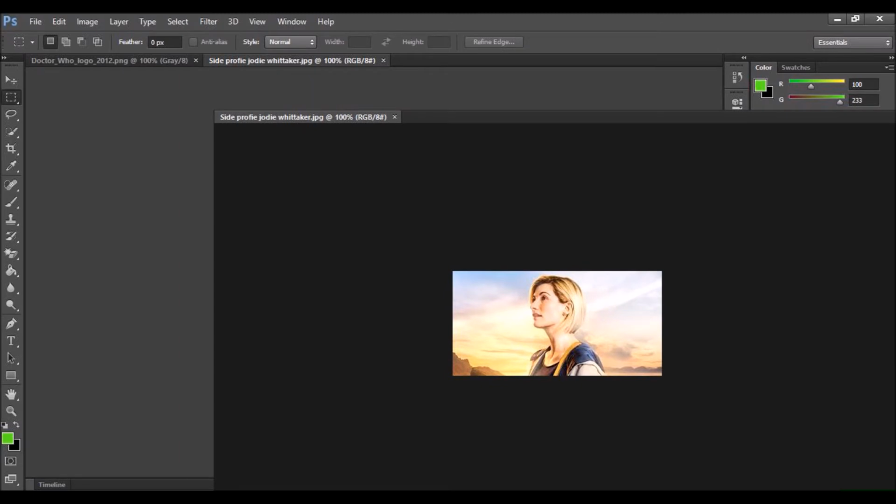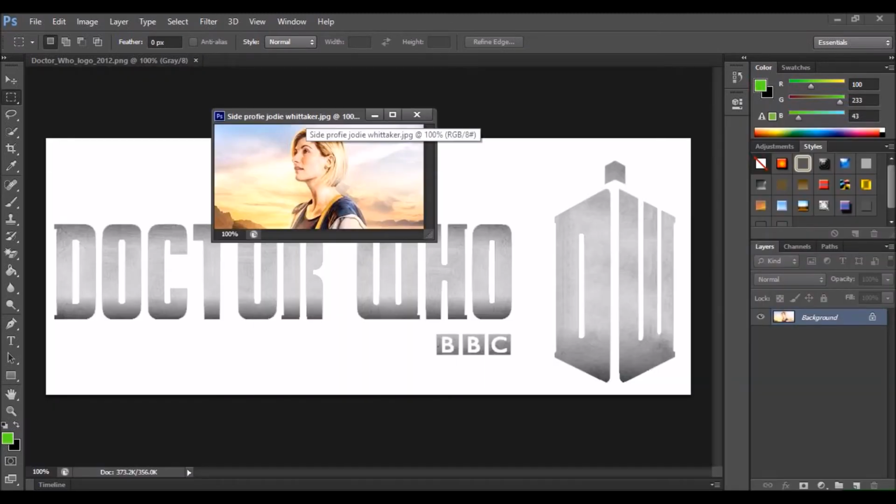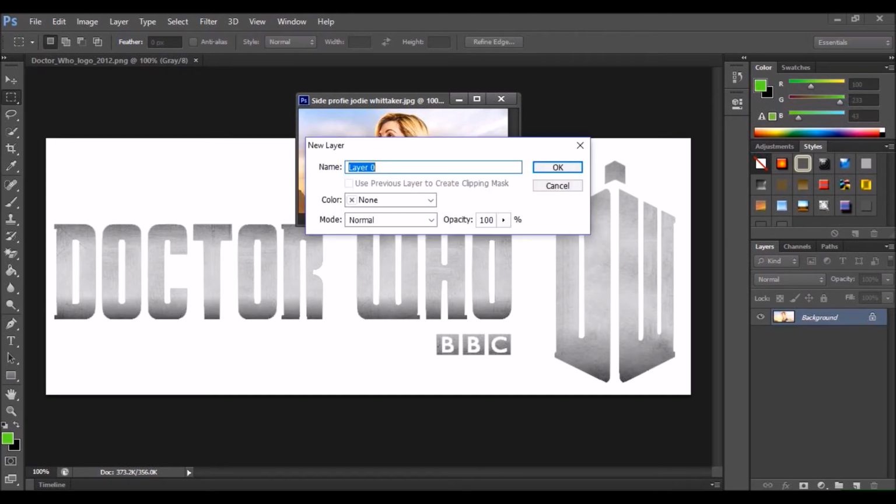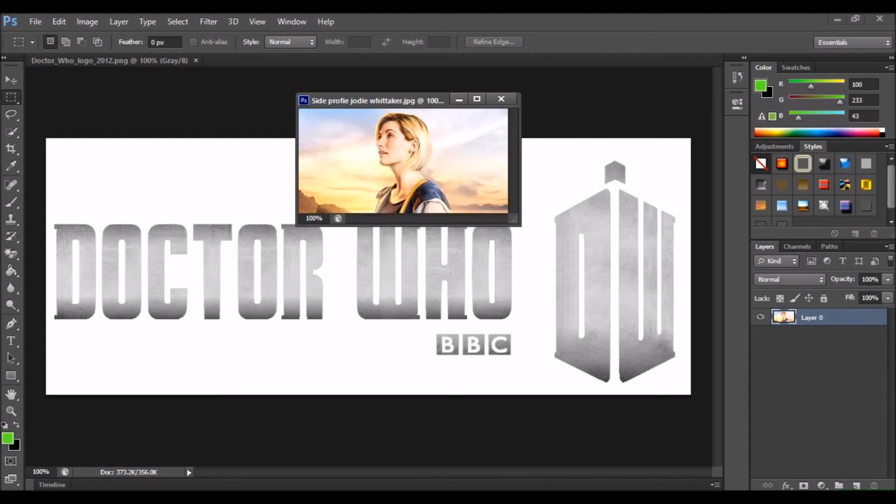Now, what you want to do at this point is separate out two images. You want to come over here to background. Double click that one and click OK to unlock the background there. And then